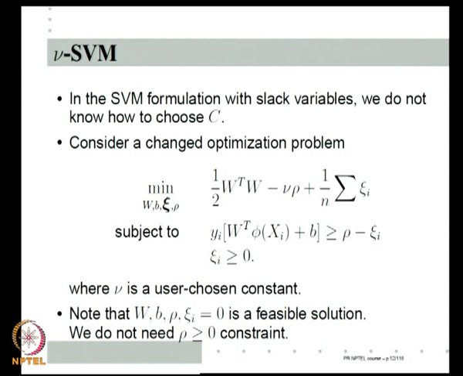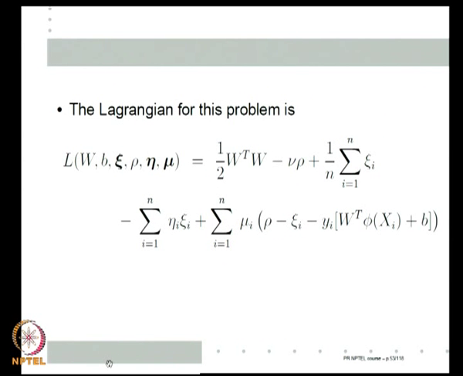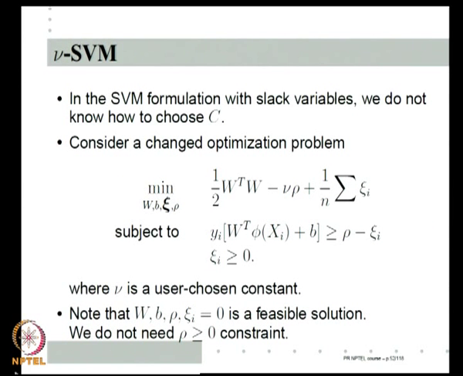Okay. So, let us start with this problem and form its Lagrangian. Recall that I have W, b, xi, rho as optimization variables, then I have n constraints like this, and another n constraints like this. I have to write all my constraints in less than or equal to 0 form. So, this constraint becomes rho minus xi i minus y i into W transpose phi x i plus b less than or equal to 0. This constraint becomes minus xi i less than or equal to 0. Also recall that we are putting phi x i here, so that we are already using the kernel trick. We ultimately will put the kernel there, but we are keeping the notation so that we are conscious that the formulation is in a transformed space.